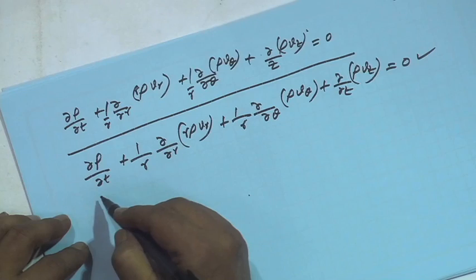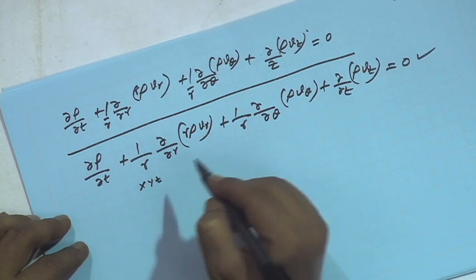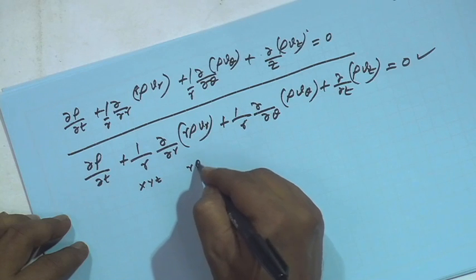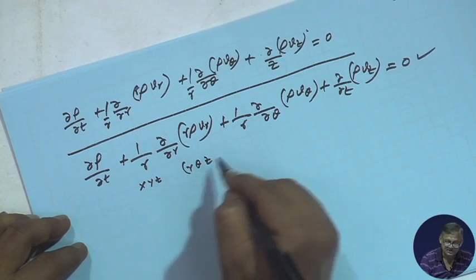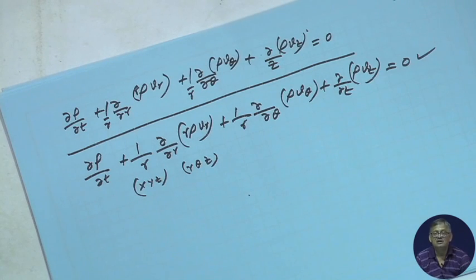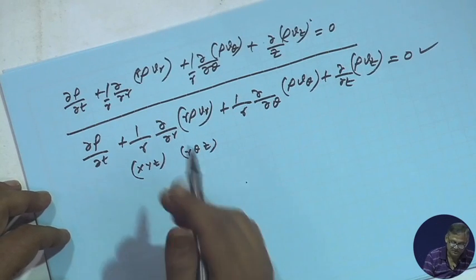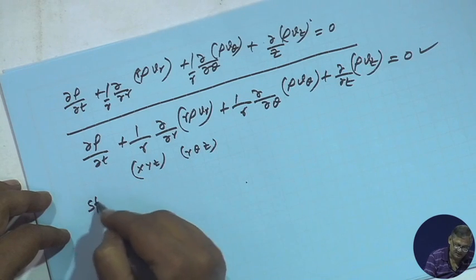So, we have done both xyz, that is the Cartesian coordinate, and r theta z, that is the cylindrical coordinate. These two systems we have shown how to derive the equation of continuity and what is the form of equation of continuity, right. Now, this we will not derive, but we can say for the spherical coordinate,